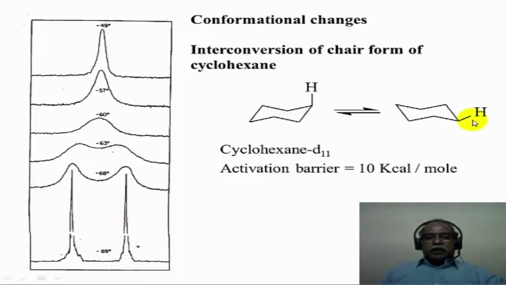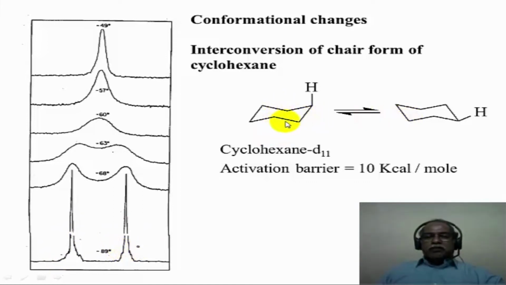Now, at this particular temperature, the interconversion of the two states is so slow that NMR is able to distinguish this particular conformer as the axial conformer and this particular conformer as the equatorial hydrogen conformer corresponding to the two states. Actually, there is no energy difference between the two states. The axial and the equatorial are essentially the same chair conformation. So, they should exist in equal population of 1:1 ratio, and you can see from the height of the peak, both the peaks are nearly equal in intensity.